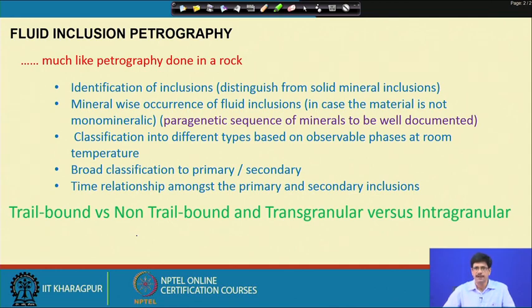inclusions could have been wrongly identified, which happens mostly in the cases of aqueous carbonic inclusions, where an aqueous carbonic inclusion, by virtue of its irregular geometry, may be wrongly classified as an aqueous biphase. Only when we take them to the heating freezing stage and lower the temperature, sometimes we find that it was something else. Those kinds of corrections of course have to be made, and they do not affect the work in any serious way, because finally when the data are presented, they are presented as belonging to that particular class.